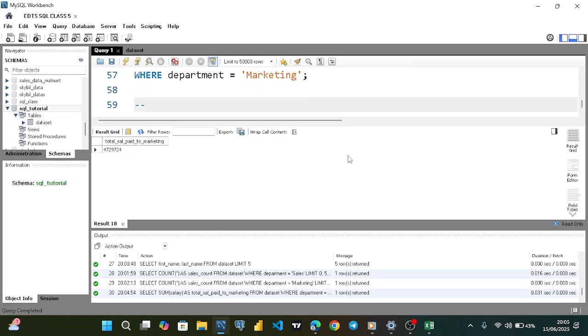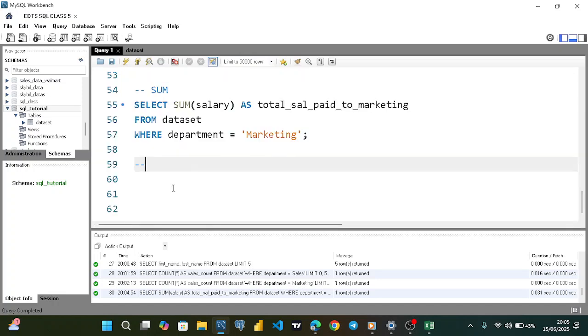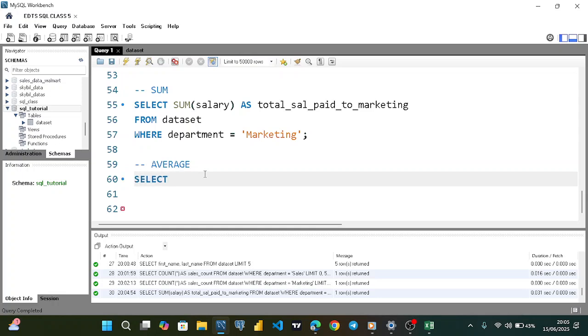The next thing is average. Let's say we want to know the average salary we're paying across all the departments in the company, or what our employees are being paid. So the employer is paying the employees. So let's see. We're going to select average, all right, and then we specify